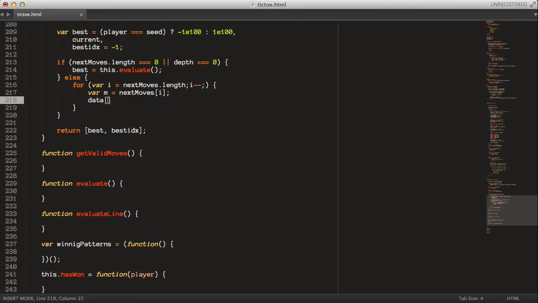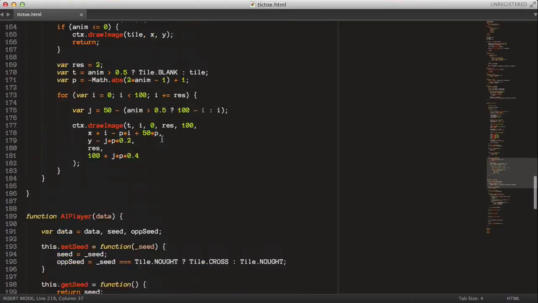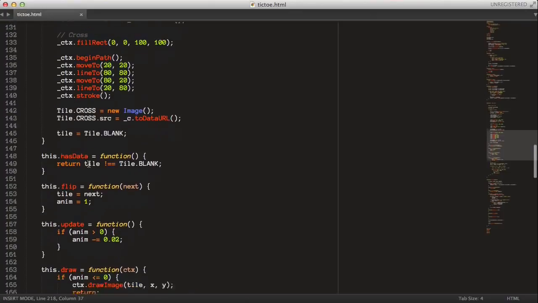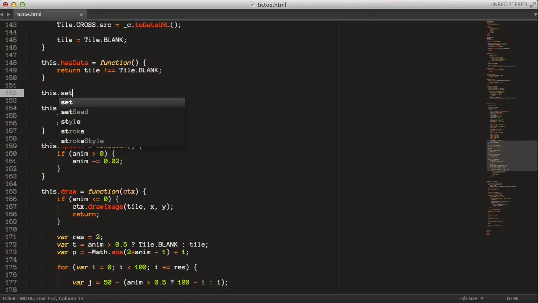And then we set the data at that particular cell equal to this player variable. And for that to work, we'll need this set function. So let's just implement that. You can do it right over the flip. Let's say the set function